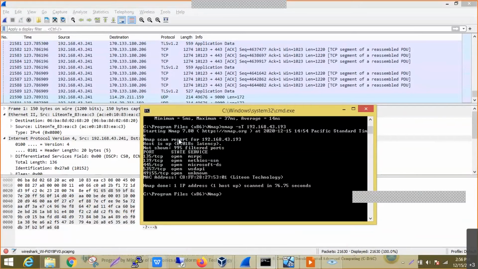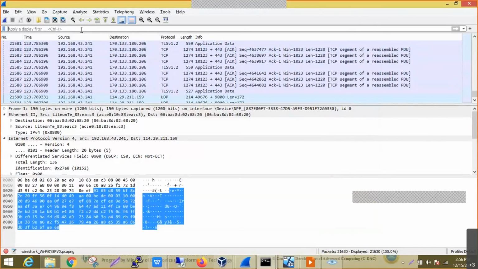And also by a simple scanning mechanism, one can assume by seeing the ports itself that this is a Windows operating system. Why? Because most Windows operating systems have the default ports 135, 139 and 445, because these are some of the NetBIOS protocols used as part of the Windows operating system. So I can assume that these ports are open on the particular system, and by seeing the ports, I can also assume that this may belong to the Microsoft operating system.